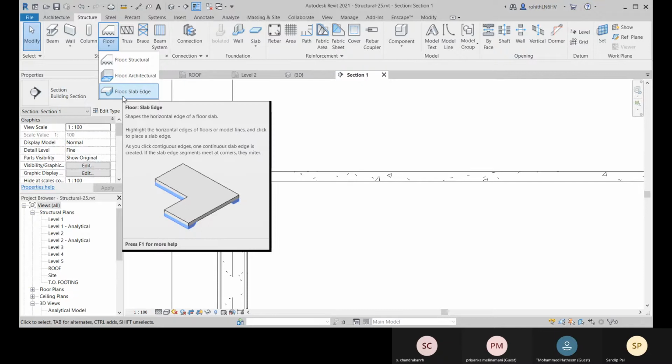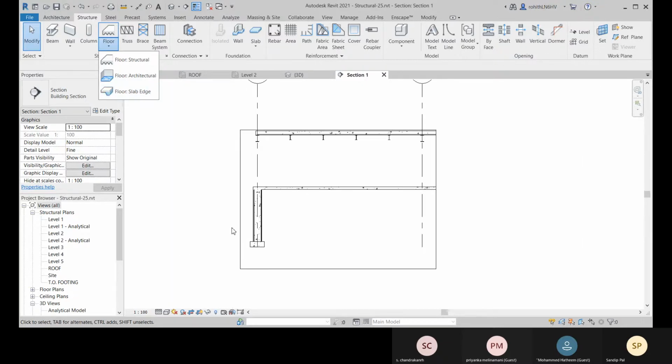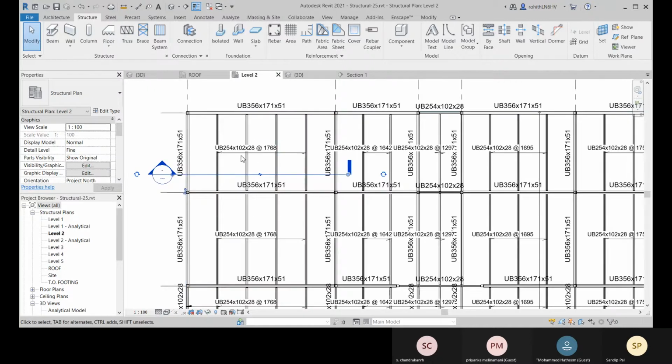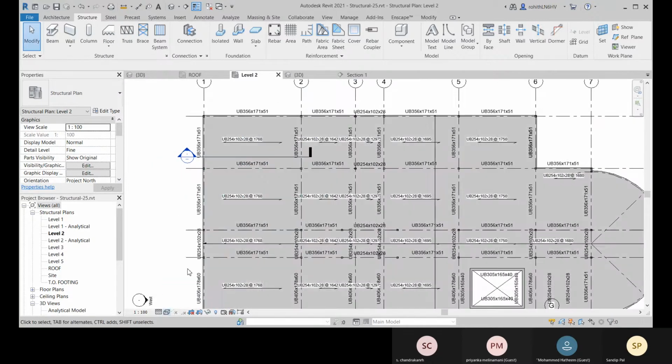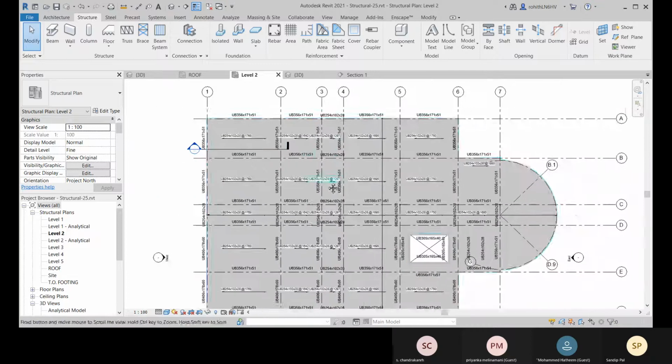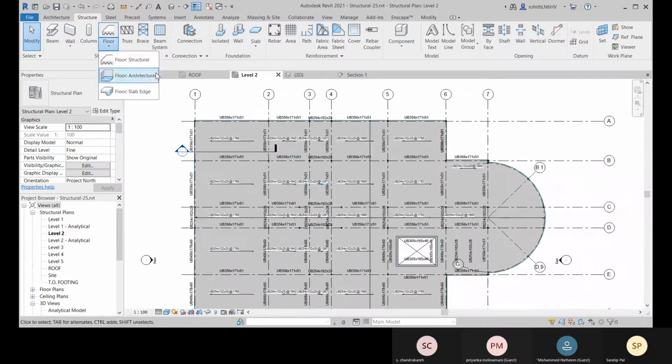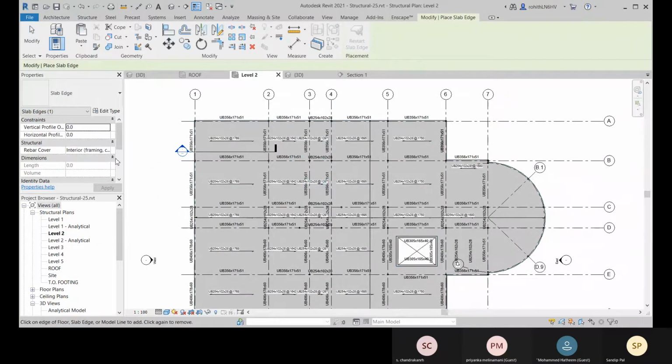So let me go with that and come to level 2, and here let me go for shaded view. Now let's go for this floor slab edge, and there you can see this is the slab edge.